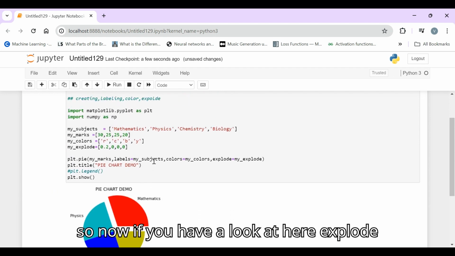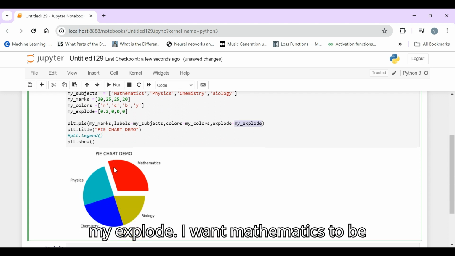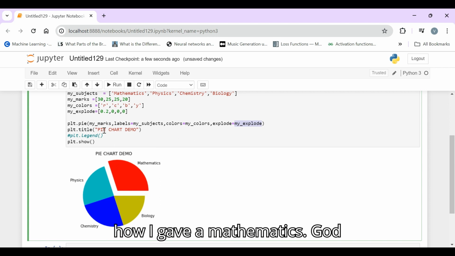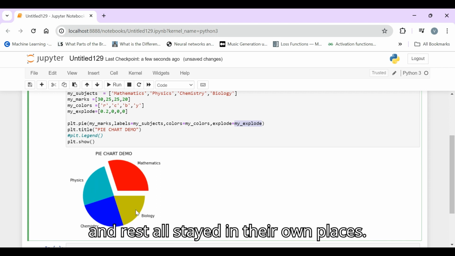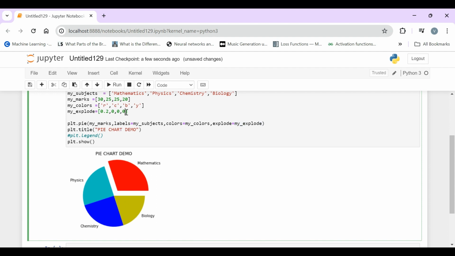Okay. So now if you have a look here, explode equal to my explode, I want mathematics to be diverted by 0.2. So mathematics got deviated from the pie chart, moved apart, and the rest all stayed in their own places. If you want even biology to be away from it, I'm going to give some value like 0.3 for biology.